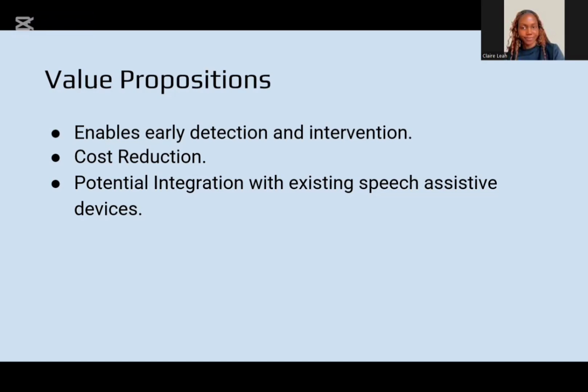It is seamless, as it is accessed via the smartphone, so it is easy for a person to detect voice disorders without going to the clinician. Another one is the potential integration with existing speech assistive devices. Since it is deployed, it can be accessed through smartphones.